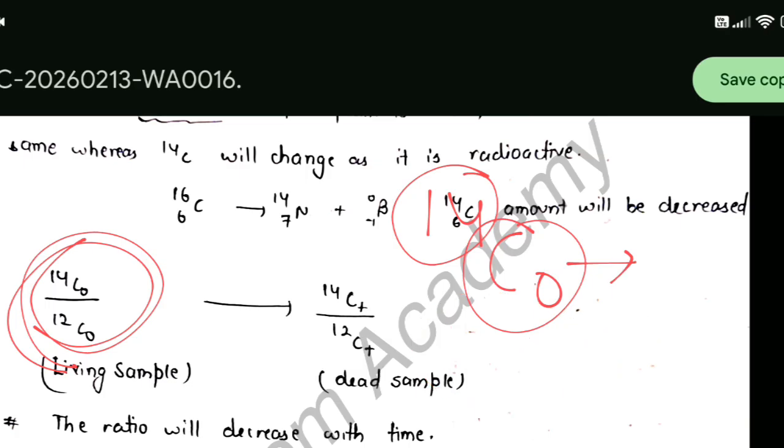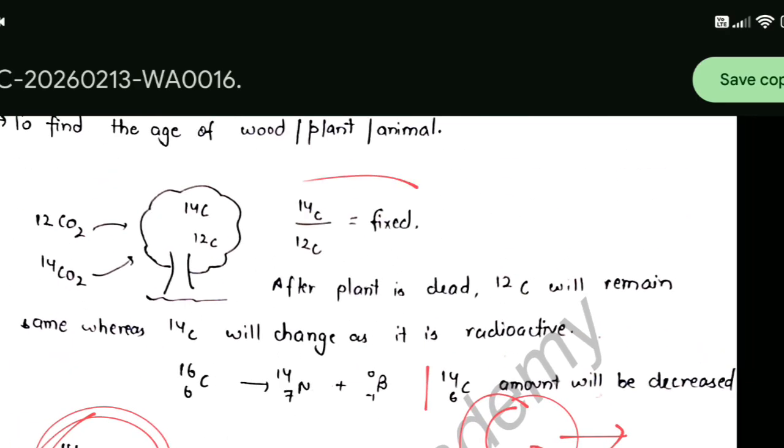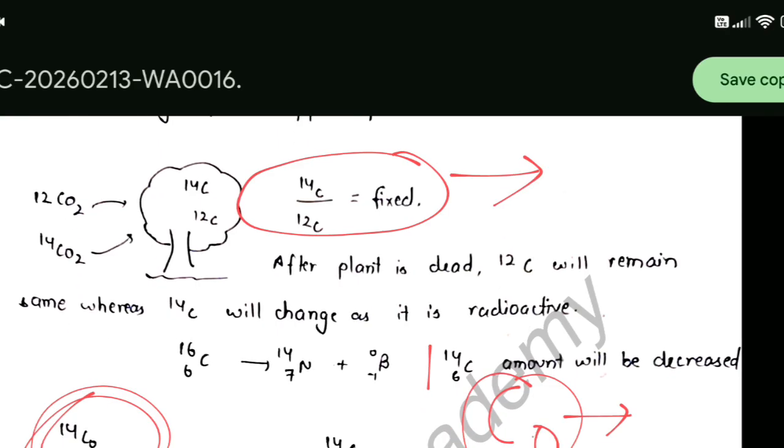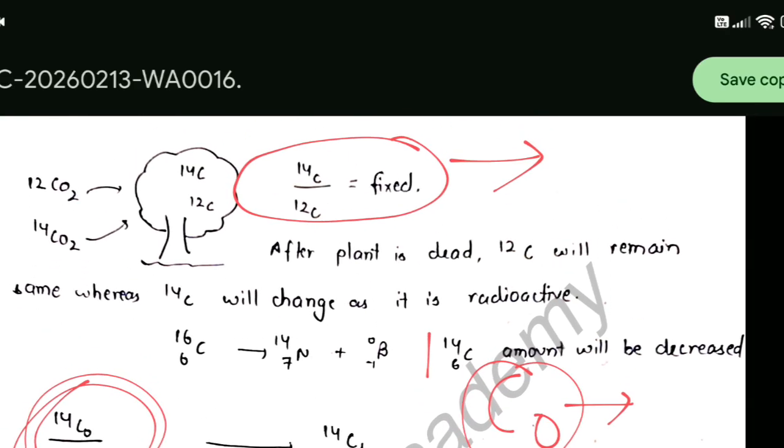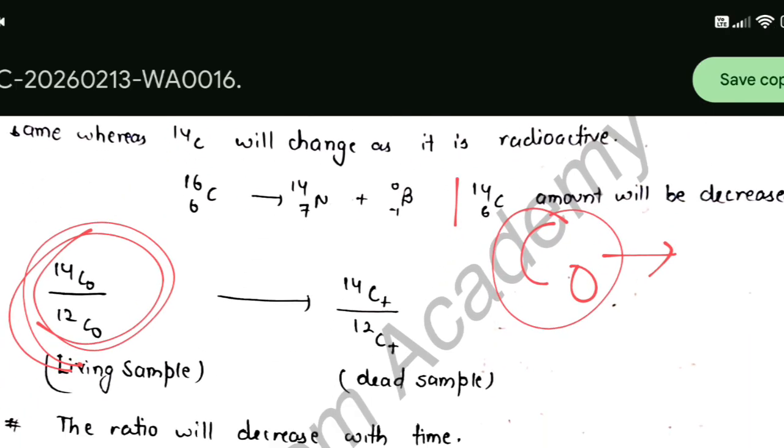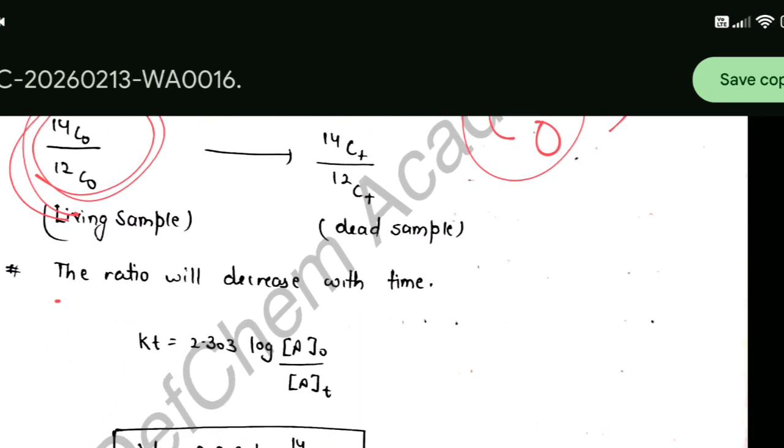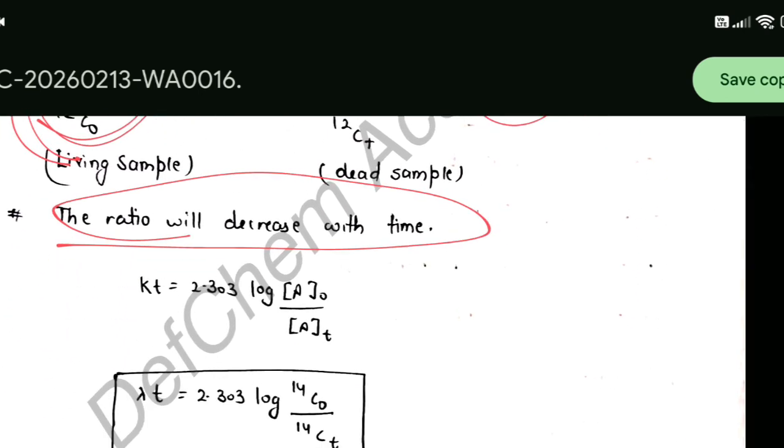One point here is that the ratio will always decrease, meaning from living to dead the ratio will decrease. The ratio is fixed but it will decrease with time. Now we know that